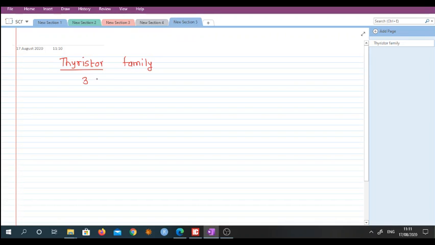They have three terminals, three junctions, and four layers. The members which have these characteristics, that is three terminals, three junctions and four layers, are called